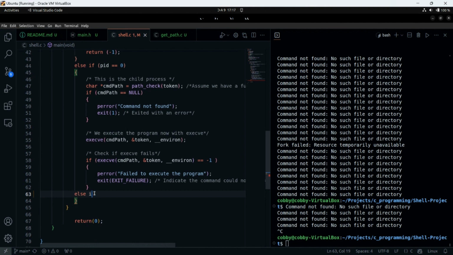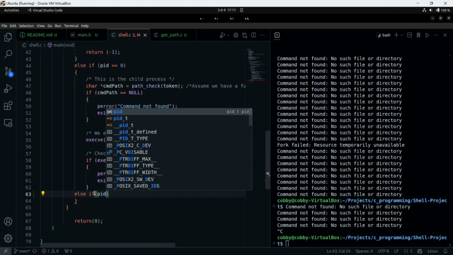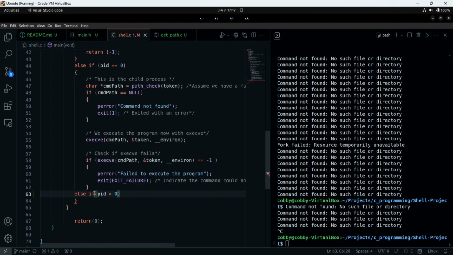Thank you very much. We can equally say else if PID is equal to zero. And then we have three returns: if the PID is equal to 0, if the PID is equal to -1, and if the PID is greater than 0. So I don't think we need any statement because the last case left is eventually the parent. So we just write an else statement.